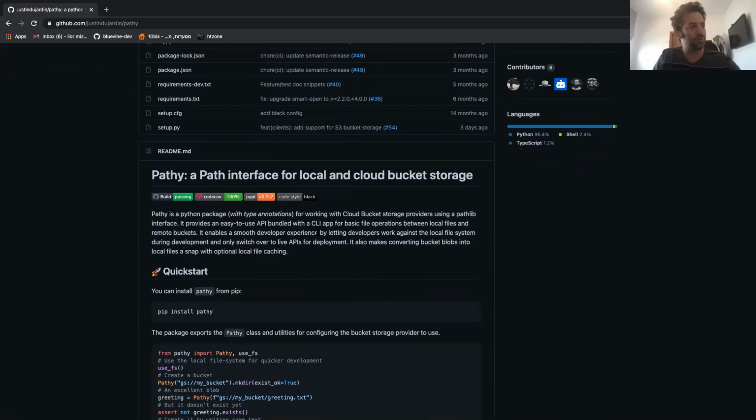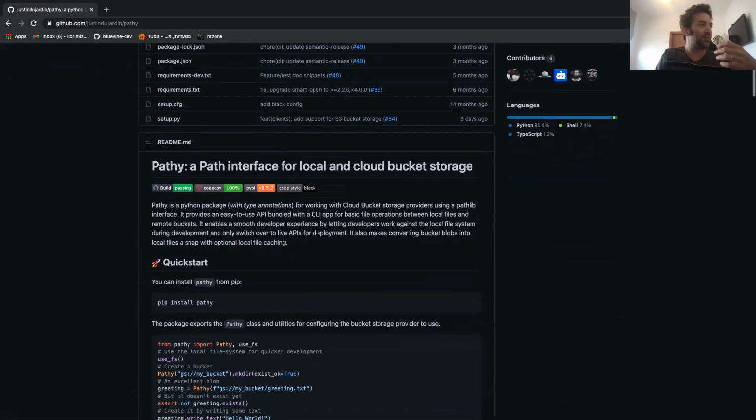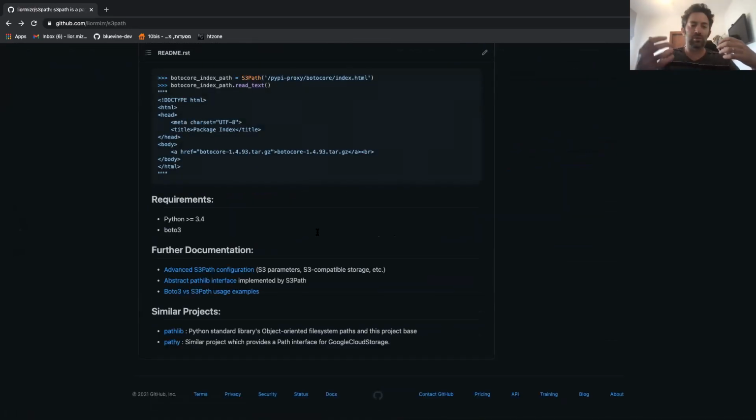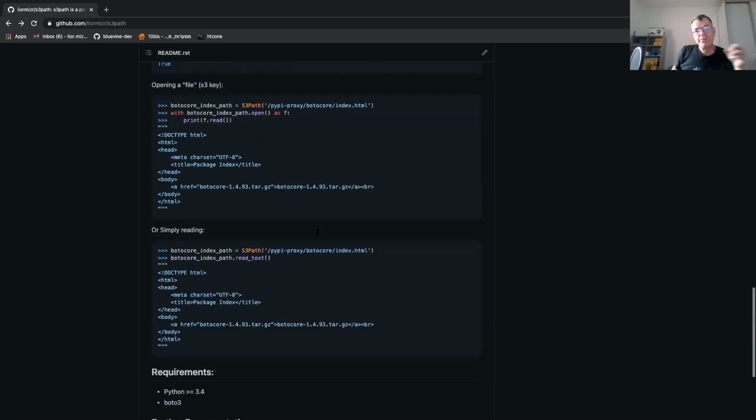The beautiful thing here is you can take a good clean API from the standard library and use it for other services. Okay, sounds good.